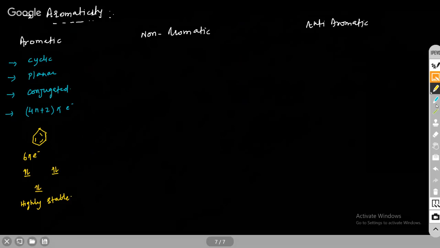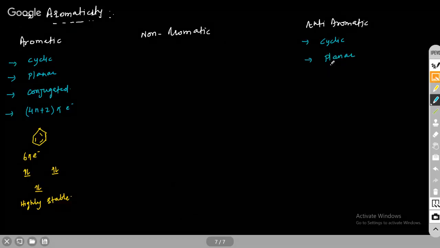Right? Now, for anti-aromatic, the first three conditions are the same. It must be cyclic, it must be planar, it must be conjugated, and the number of pi electrons should be 4n pi electrons. This is the last condition we have. For example, you see, if I take this example, cyclobutadiene, it has 4 pi